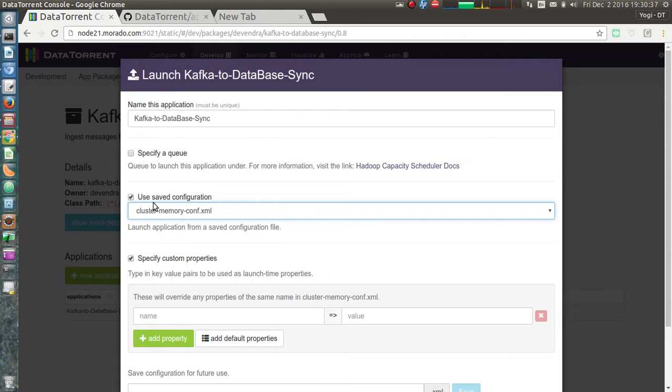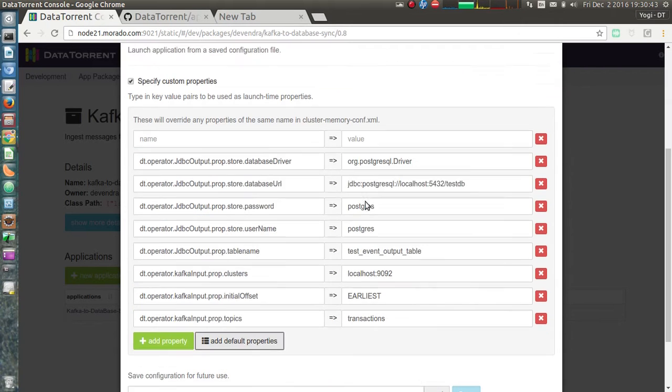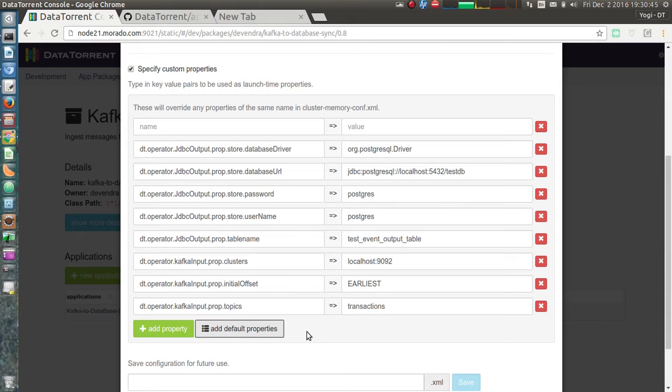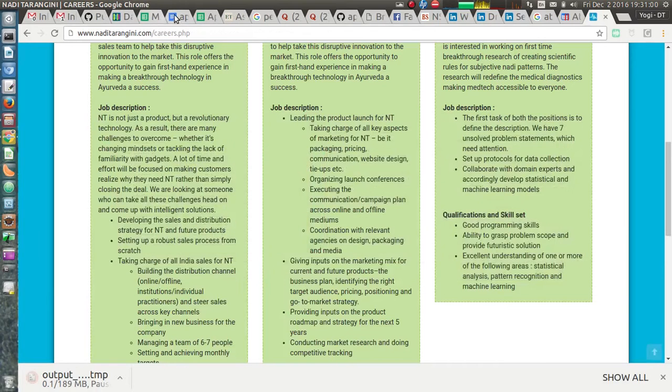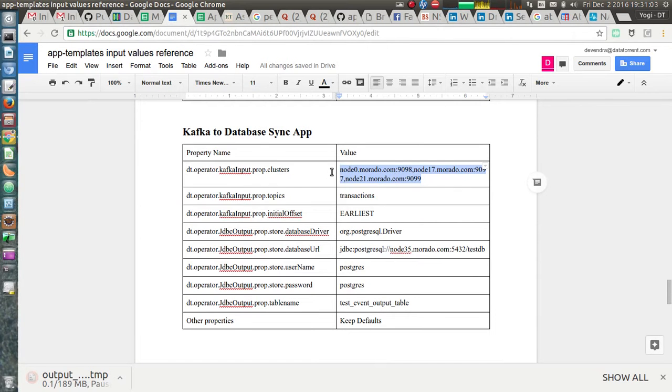So we will select the use saved configuration, cluster memory configuration. From specify custom properties, we will click on the add default properties button, and in the properties editor, we need to give values depending on the end user environment. So I will be using values which are suitable for my environment.